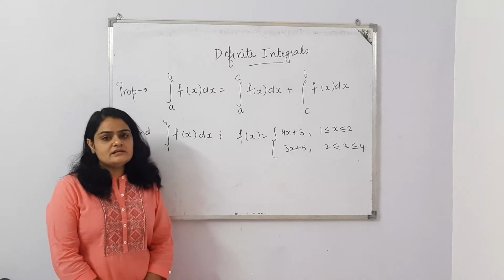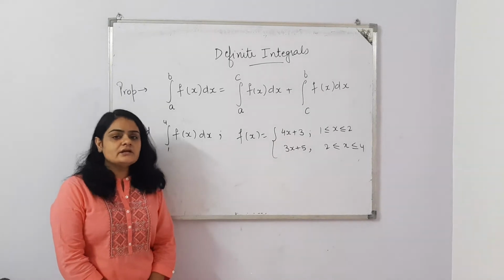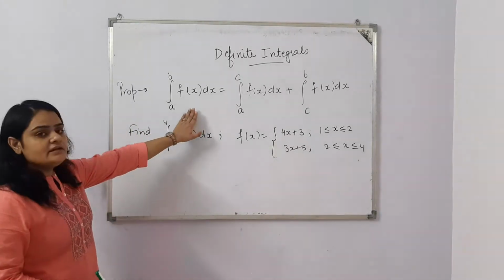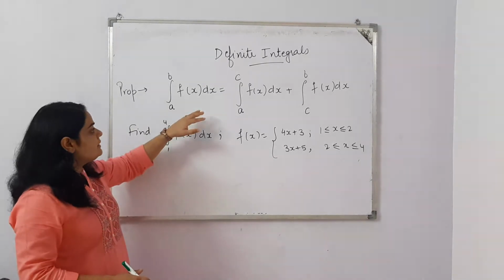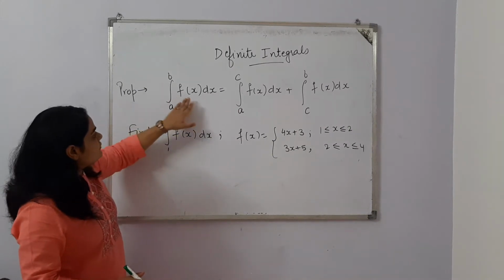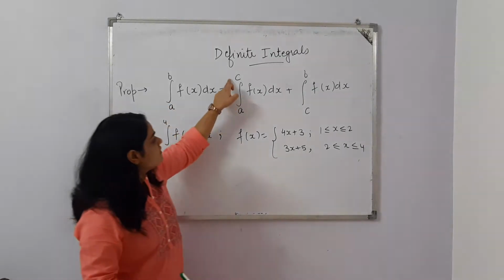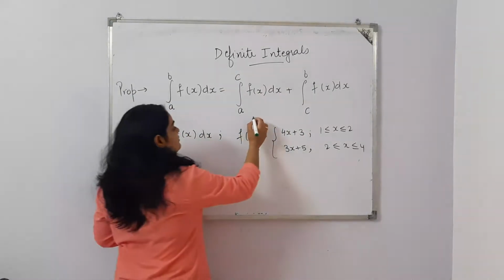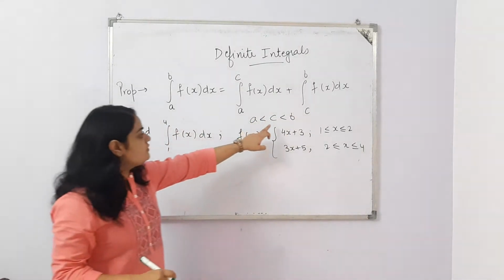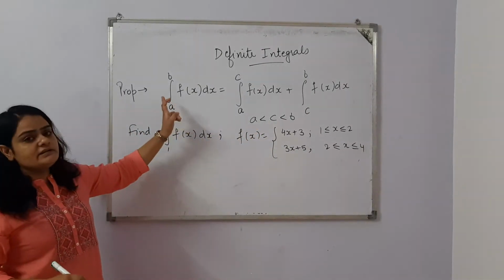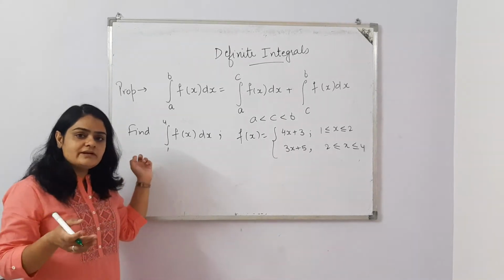We are doing definite integrals, and the topic which is going on is evaluation by using the properties. We already did some of the properties in previous videos. Now the next property is: whenever the limits are a to b of the function and we just want to find its integral, we can split the limits a to c and c to b, where c is always lying between a and b. So we can split the limits. How can we split the limits? Let's do one question, then this property will be more clarified to you.